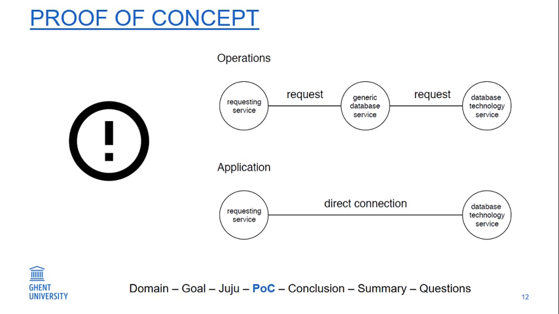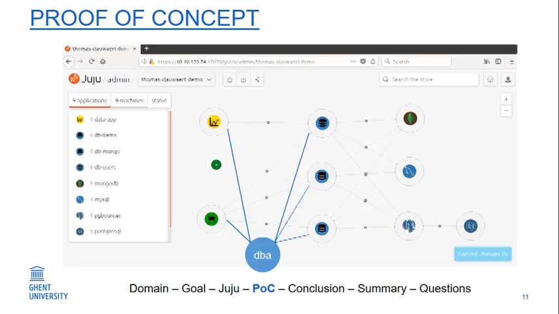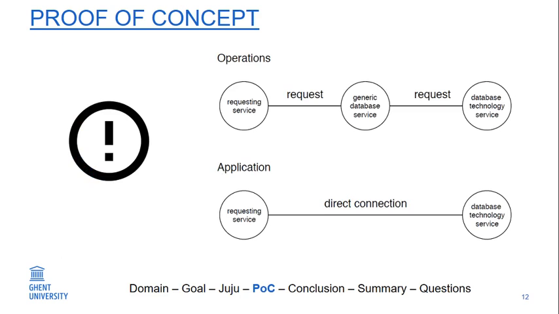These endpoints, right? They do not know anything about Juju. They do not know anything about the generic database service. So the application is still making a direct connection towards the database. The data flow is not going over relations, over the generic database service, and then to the database. Keep that in mind. There's a clear distinction between the two. That's something important that I need to emphasize, right?